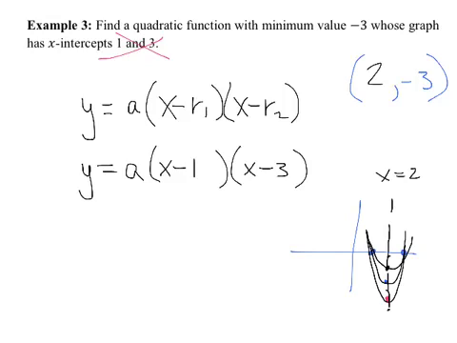So for a problem like this, the tricky part is to realize that you really do have a coordinate. You have the vertex, although you're only given the y value of -3. You need to determine what the x value of the vertex is. Well, the x value of the vertex is always the same as the axis of symmetry. So think about the average of the roots. If these numbers had been like 2 and 17, you want to find the midpoint, that's tough. Just average them. 2 and 17, that's 19. 19 divided by 2 is 9.5. That's your axis of symmetry. So the average of these two numbers is what gives you